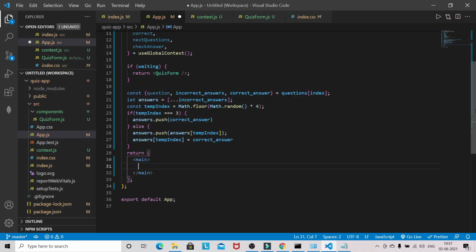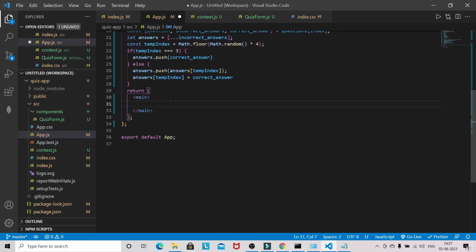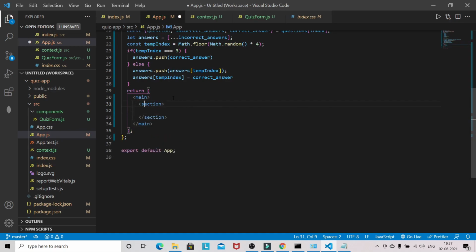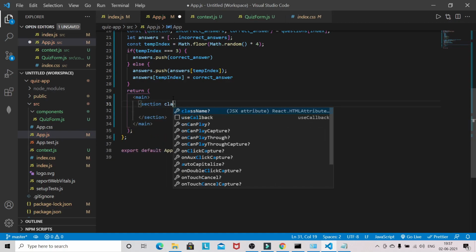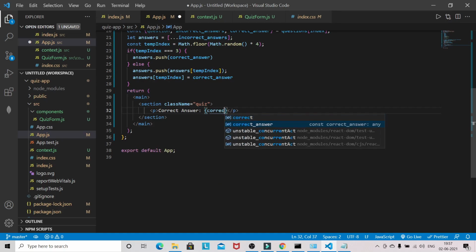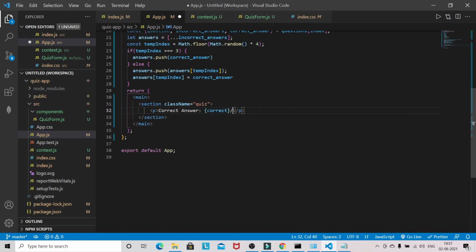Okay, so this will be a section, so the class name will be quiz and I'll be using p tag to show how many answers are correct. Okay, so it will be like correct slash index.